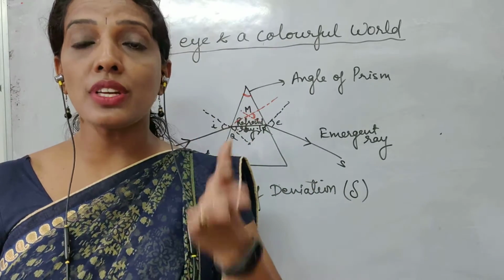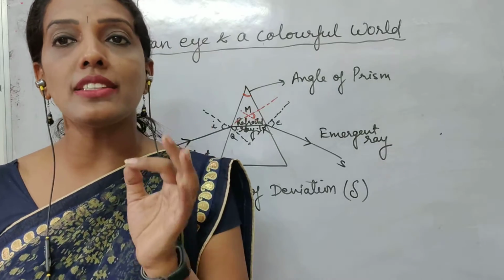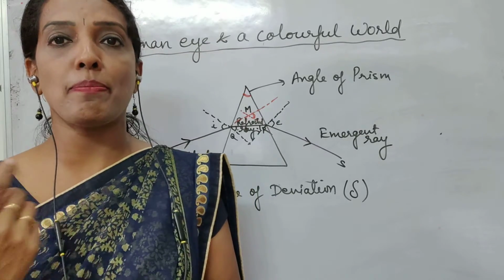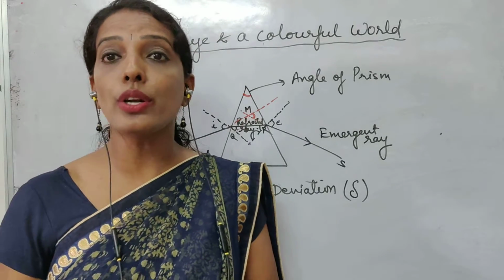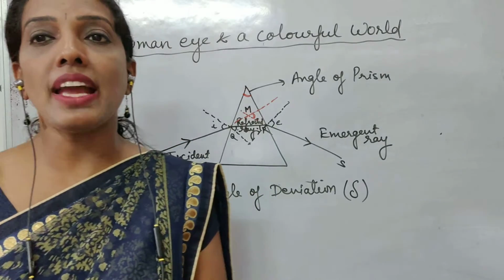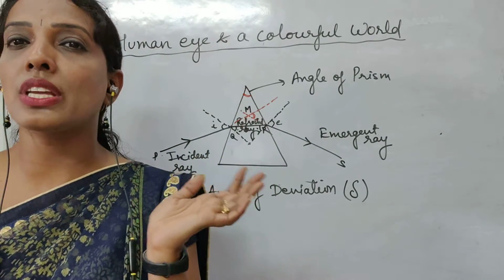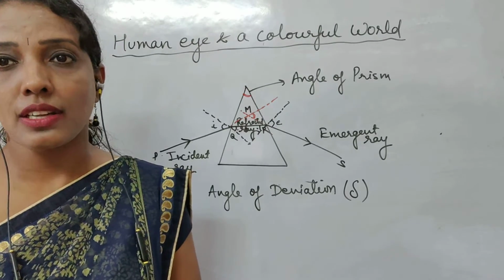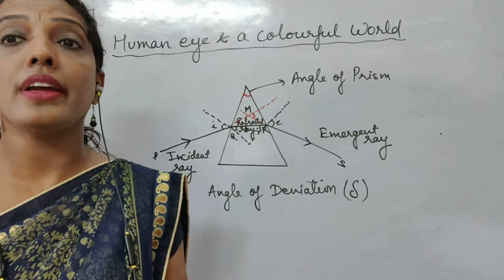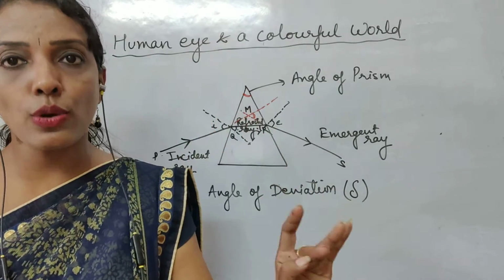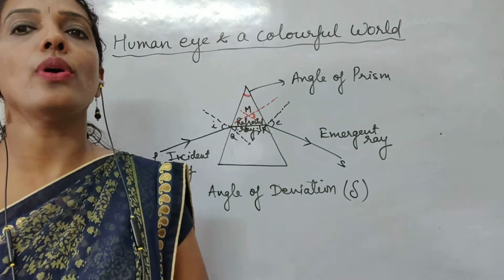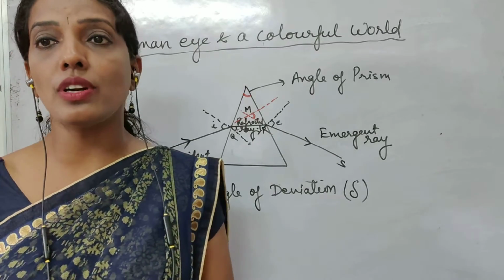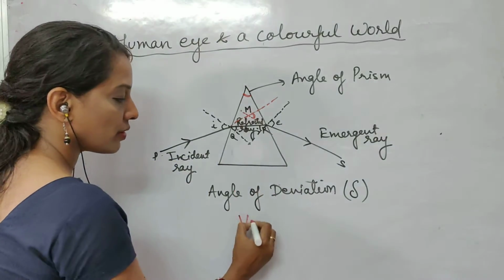What Newton did was pass a beam of white light through a triangular prism. The white light splits to form a band of 7 colors which is caught on the white screen. When the beam of white light is passed through the glass prism, the band of 7 colors is formed on the white screen. The 7 colors of the spectrum are red, orange, yellow, green, blue, indigo and violet. They can be denoted by the word VIBGYOR, which you all know.